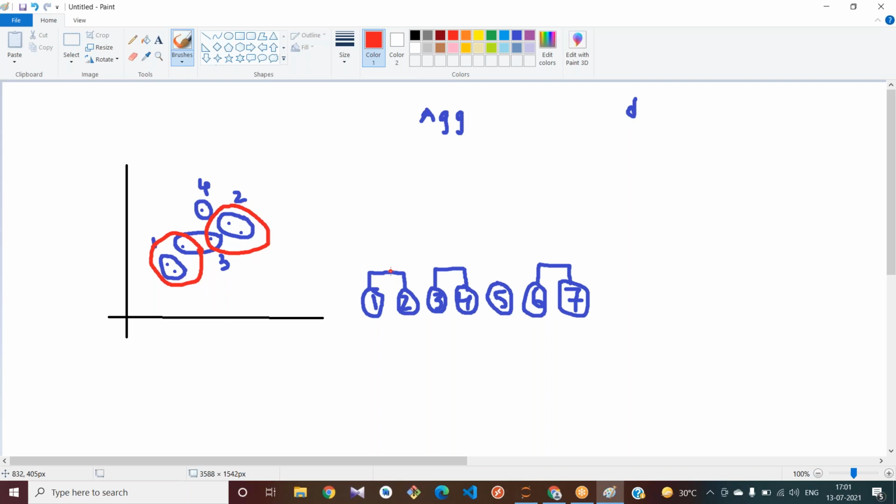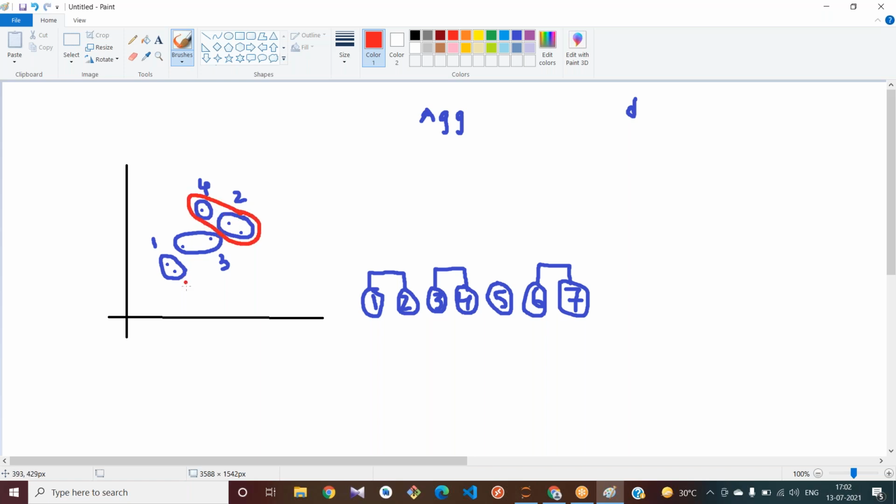How do I draw this to make you understand? Okay, let me think. Let us assume these two have been grouped into one cluster, and these two... okay, wait. So actually we have these clusters, right? As this is very near to this, I am trying to merge this one cluster into this, to this part.